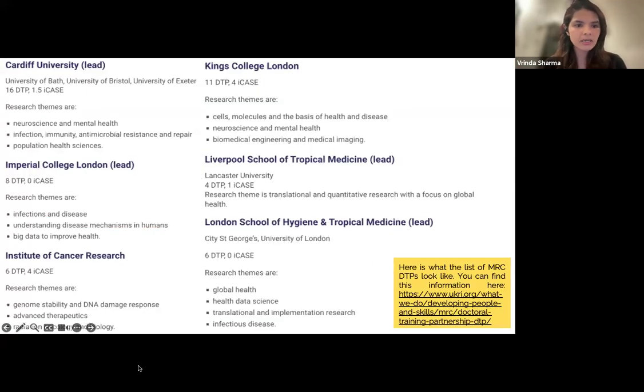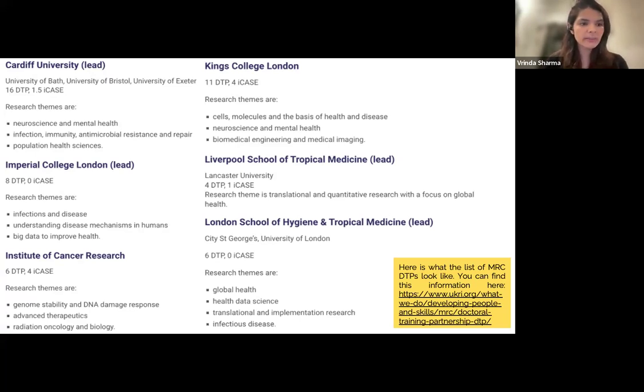So MRC DTPs, there are a lot of universities currently collaborating with UKRI, and UKRI is funding all of these universities. But I would take you over one example, which is the University of Manchester, and another, King's College London, because I'm familiar with these universities as I've had training opportunities in both of them. If you want more information regarding any of these universities, you can follow this link and have a better idea,